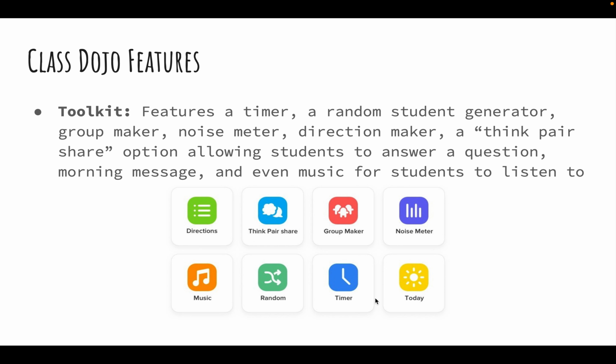I already went over the timer. And then this Today feature is basically a morning message maker. It shows the date, the time, and you can even write a little message or even give directions to students for an activity. So I would definitely use pretty much all of these features in the toolkit when I'm in